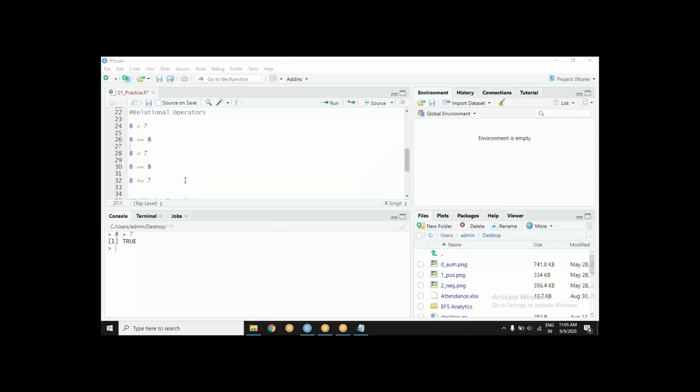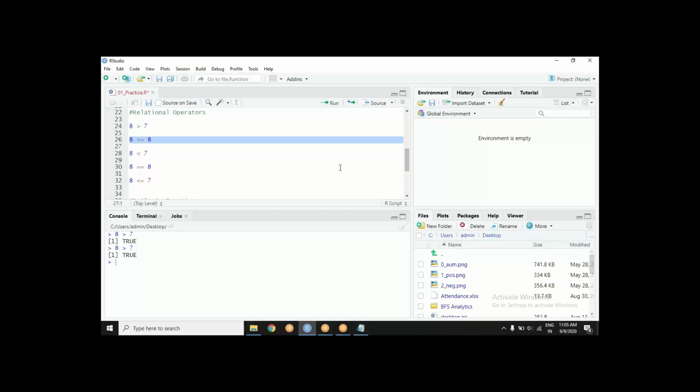There is one thing worth mentioning here, when I'm comparing, what is this comparing? Others are pretty obvious, especially for those who have not been into coding. So please pay attention to this one. Others are pretty straightforward. Is 8 greater than 7? R says true.